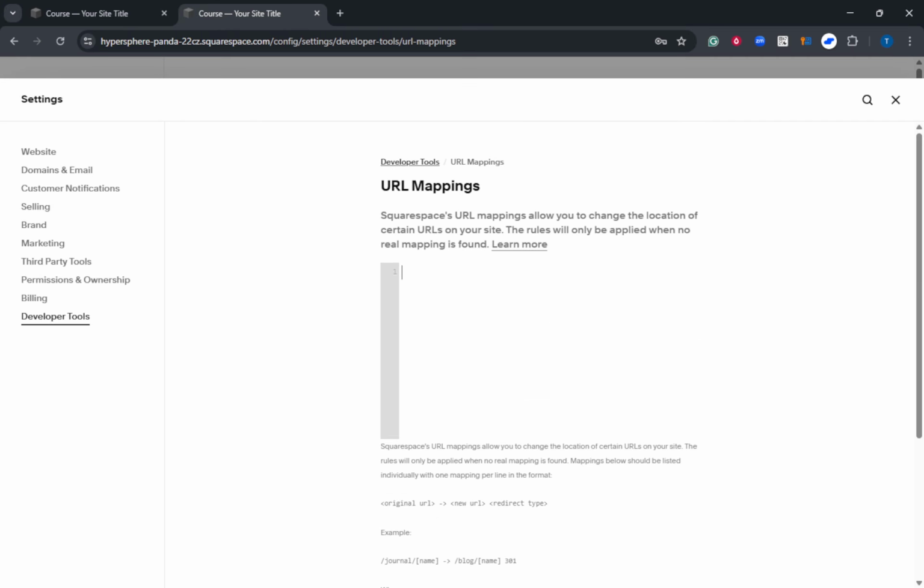The format is straightforward. You'll write the old path, then an arrow, then the new destination, followed by a status code. It looks like this. Old path, arrow, new path, 301. The piece on the left is the old slug you want to redirect from. The arrow tells Squarespace to map it somewhere else. The part on the right is the destination you want people to land on, and the number at the end